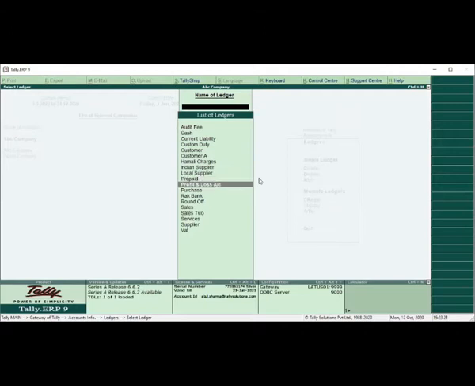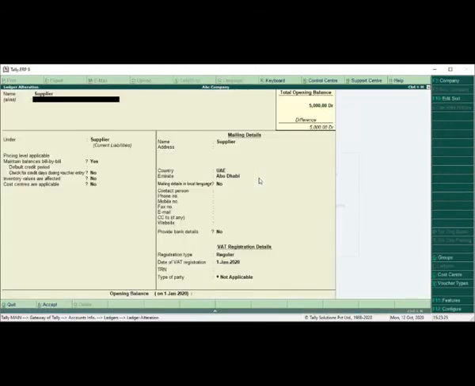If I open it, let's see any supplier. So this is the supplier, let's say Dubai or Abu Dhabi supplier, which comes under Sundry Creditors, or you can modify the group as well as a supplier.